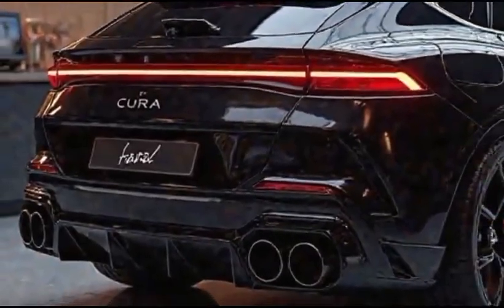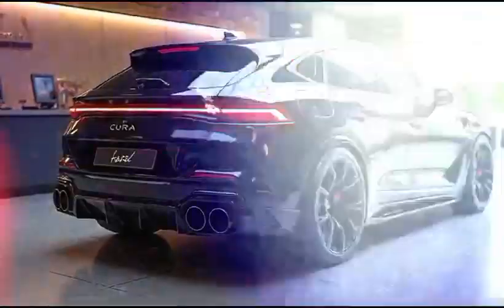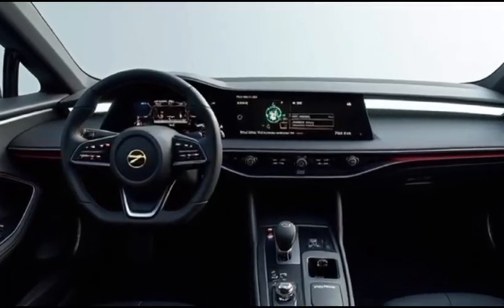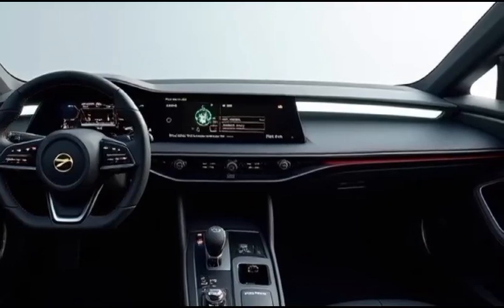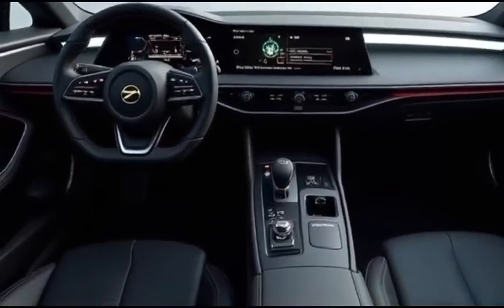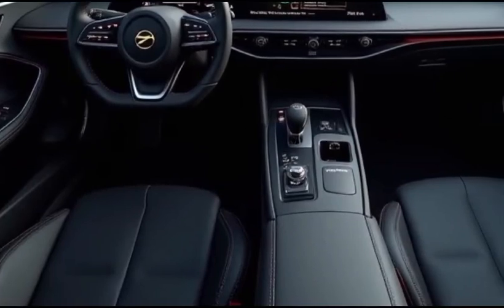Moving inside. The sporty theme continues, but with a surprising level of refinement. The cabin is very driver-focused, with a minimalist yet high-tech vibe. The steering wheel is chunky and flat-bottomed, featuring the Cupra logo and customizable buttons, giving you easy access to performance modes. Behind it sits a fully digital instrument cluster that displays everything from speed and range to navigation and customizable